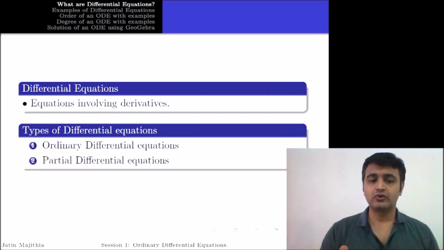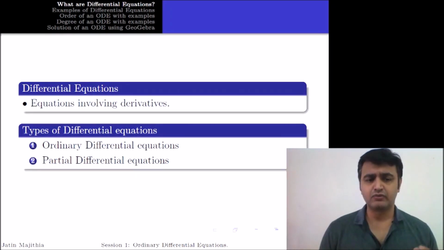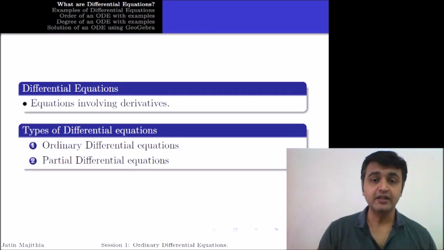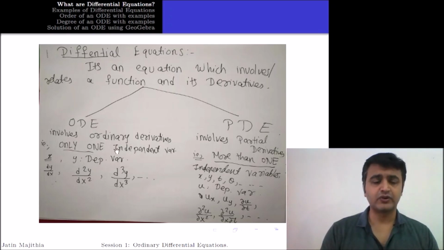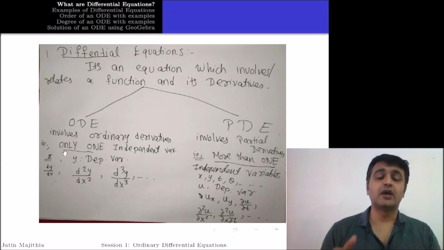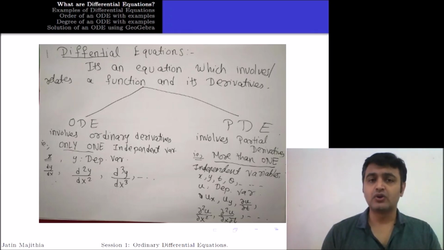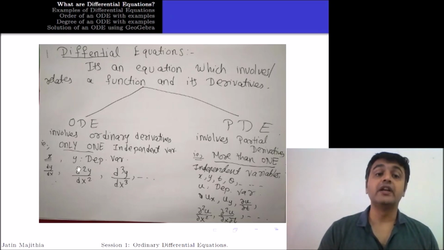Okay, so now what are ODEs and PDEs? Let me give you a brief idea about both so that you know what you are studying. I usually give this diagram to my students so that it is easier to keep in mind. It's the differential equation definition, and then I say ODEs and PDEs. In an ODE, the main thing is that you have only one independent variable, which we usually call x, and one dependent variable which we call y. Here y depends on x, and since y depends on x, dy by dx makes sense. Once I have dy by dx, I can talk about d2y upon dx square, d3y upon dx cube and so on. All these are called ordinary derivatives.